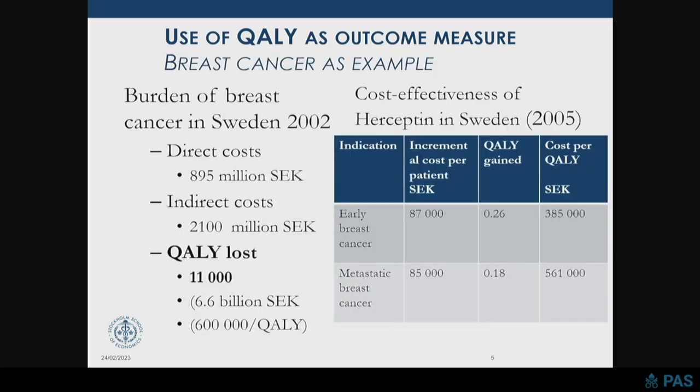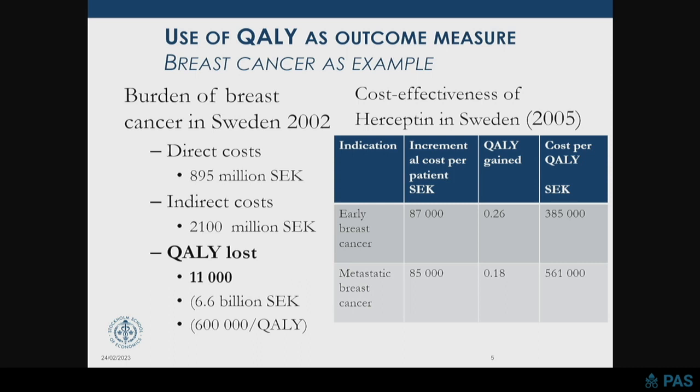And I will show one example here from breast cancer. It's a study which one of my PhD students did now 20 years ago. It's breast cancer. At that time, it was just after the introduction of Herceptin. The direct cost of breast cancer was about 90 million euro in Sweden. The indirect cost, which is a loss of production from those who get breast cancer in the working ages, is actually more than twice as